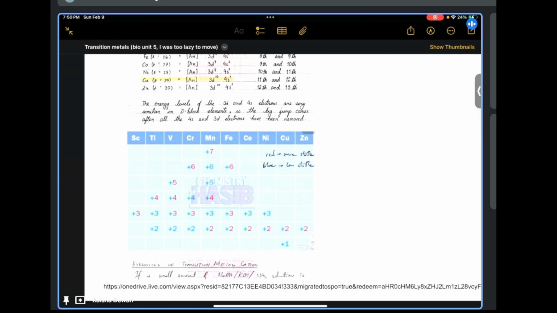So basically from iron to zinc, if the nuclear charge increases, let's say from +1 to +2 or +3, the d electrons will be pulled closer to the nucleus, right? If you lose more electrons, the d electrons will be moved closer to the nucleus, making covalent bonding difficult. Because to be able to do covalent bonding, you need higher oxidation